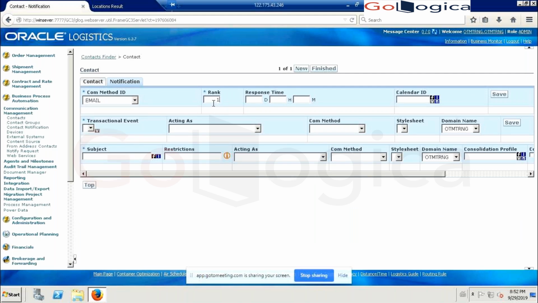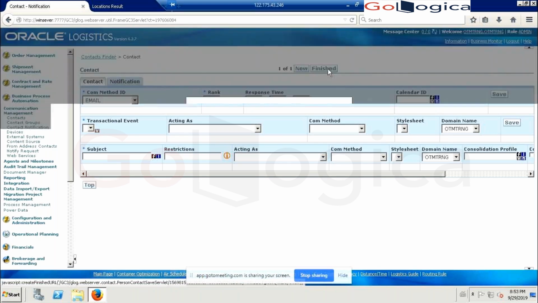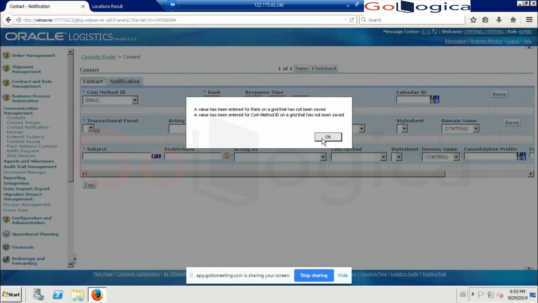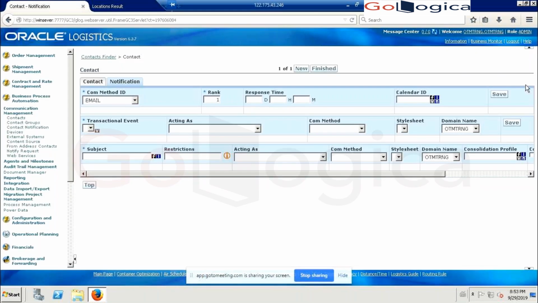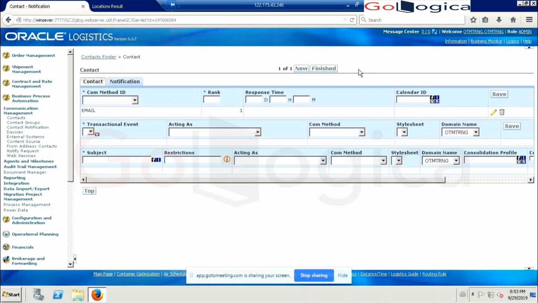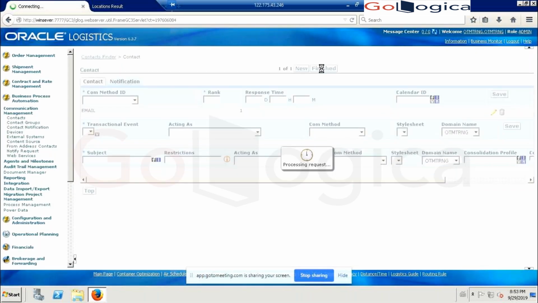So we are defining the rank, I mean in what way we have to communicate for this contact, and what the rank is. Is it first or second? So now I have created the Bangalore contact.